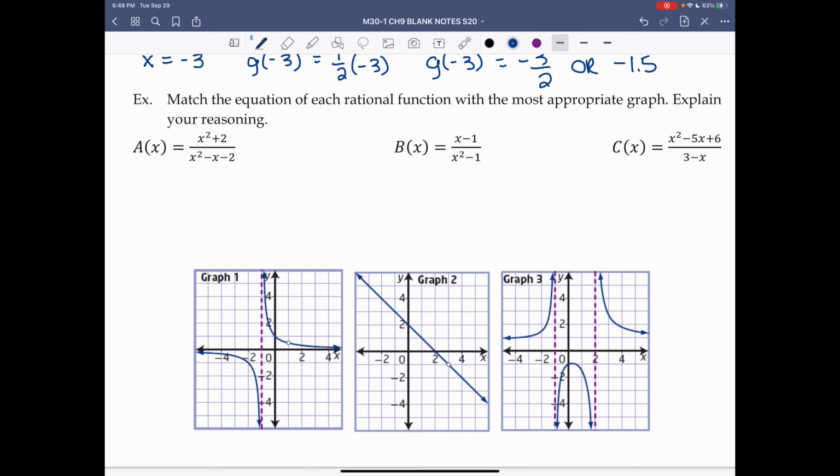Match the equation of each rational function with the most appropriate graph. Explain your reasoning. We need to factor so that we can see if we have a point of discontinuity or a vertical asymptote. This one, x squared plus 2, doesn't factor, so x squared plus 2 over x squared minus x minus 2 factors to (x minus 2)(x plus 1). We can't divide out either of these two factors, so we have NPVs